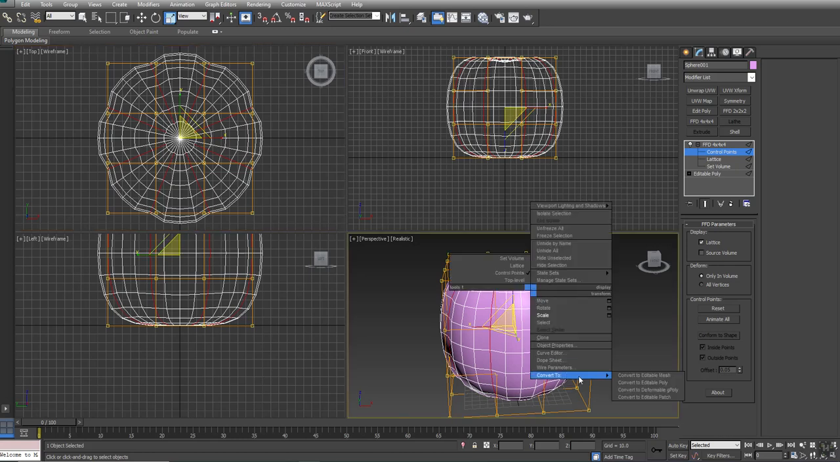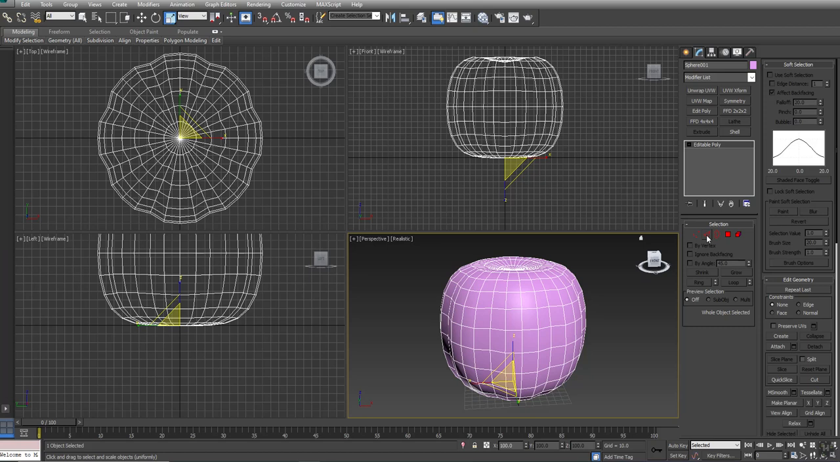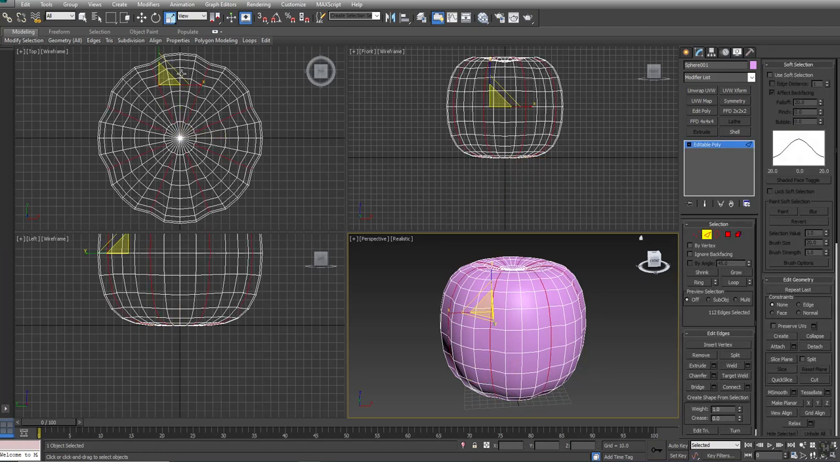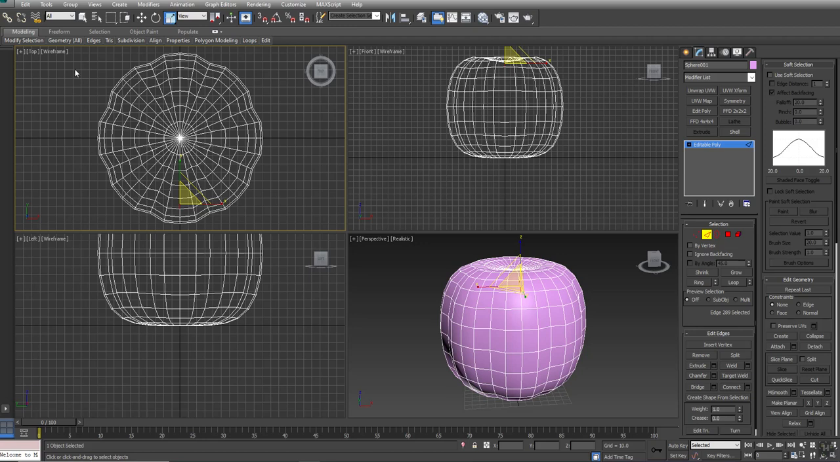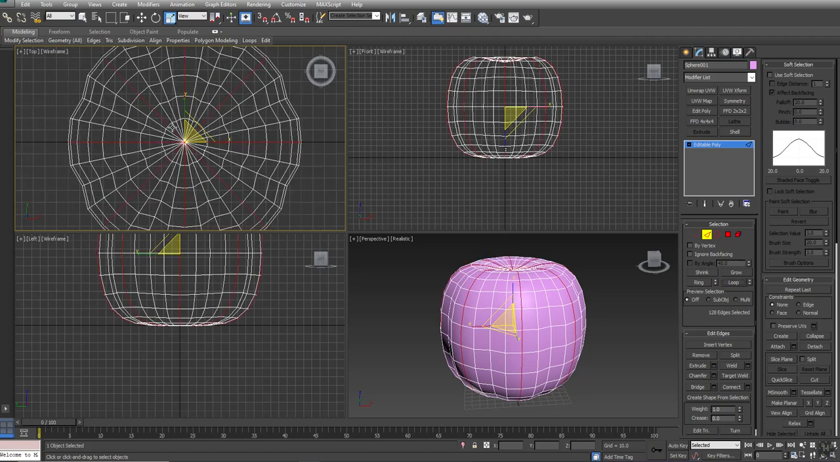Right click, convert to edit poly, and then I'm going to grab that edge that's on the center. And it's easier to see here on the top. I'm going to click on this guy. I'm going to do that same dot selection. Grab the loop, once again deselect, oops, go into Q so I can deselect these guys in the